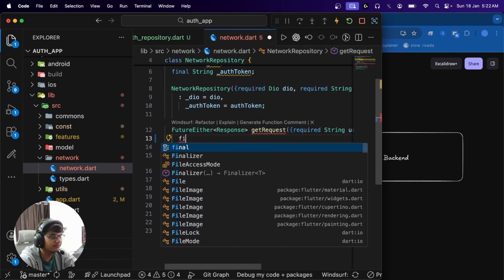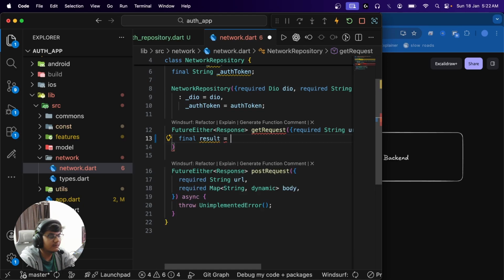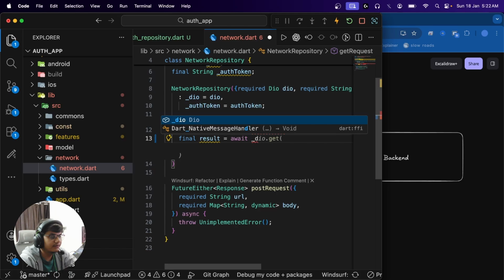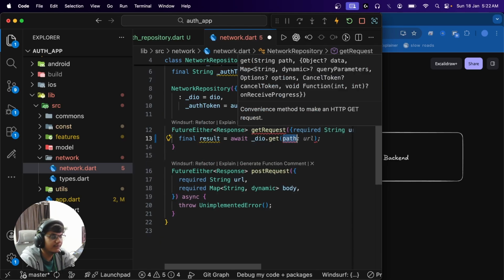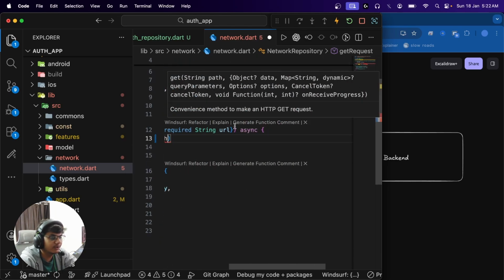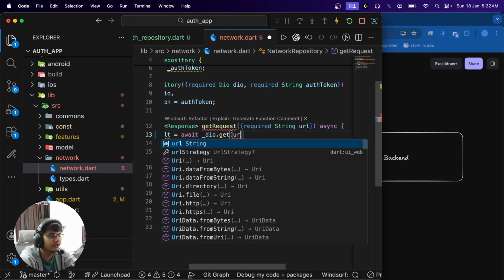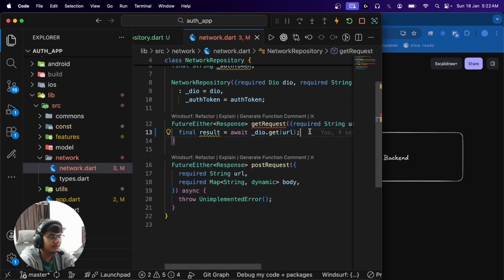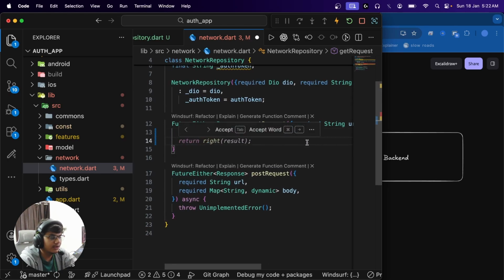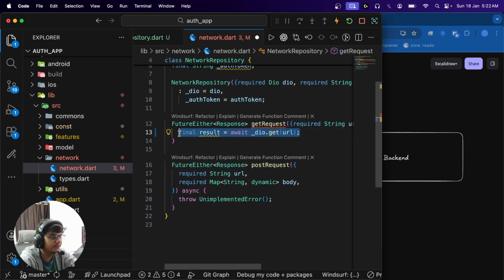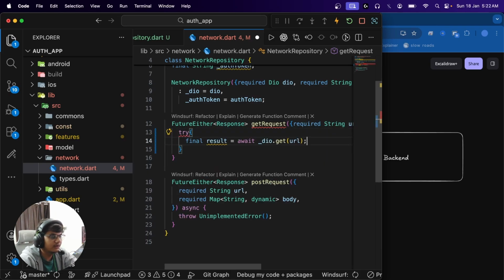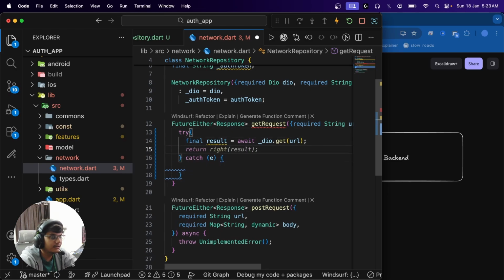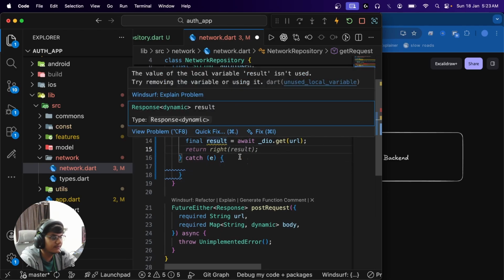Let's say final result, and then what we can do is await Dio.get, and we can pass in the path. Path is what we have in the URL, so we'll just pass in the URL like so. Sweet. And just to catch the errors, we will do a try catch like so. So if this result is of type Response,